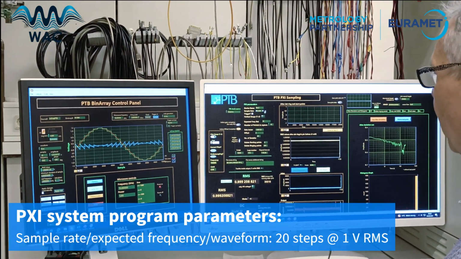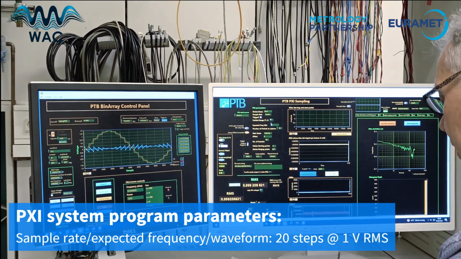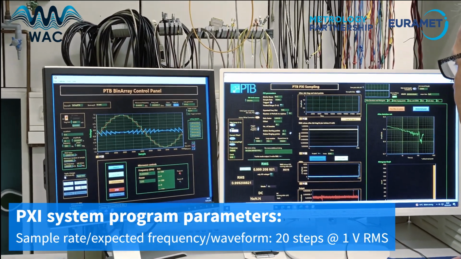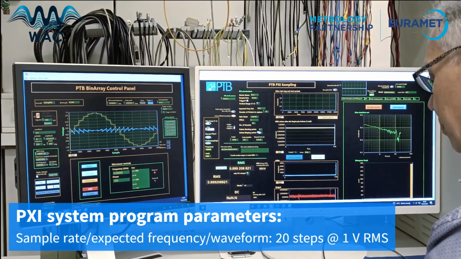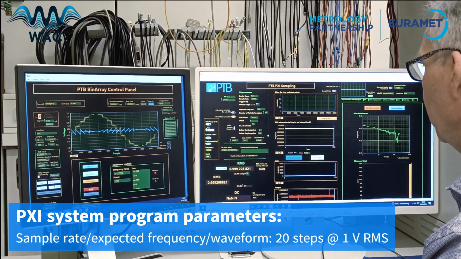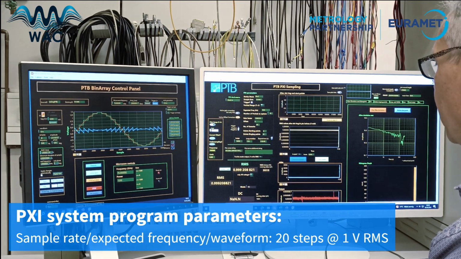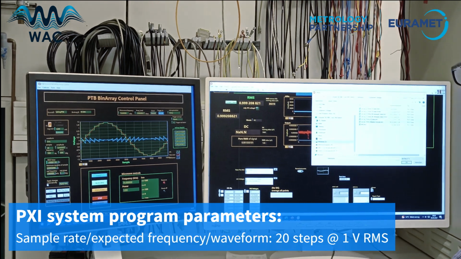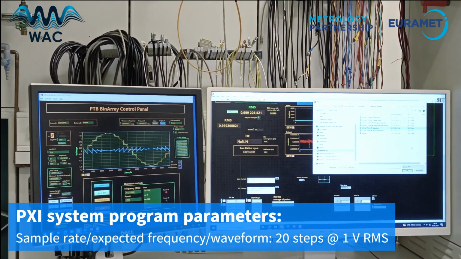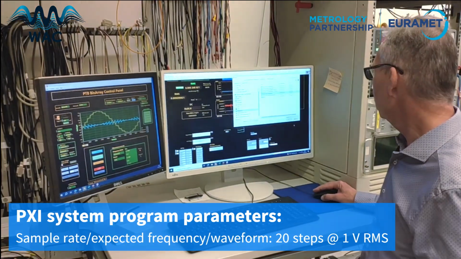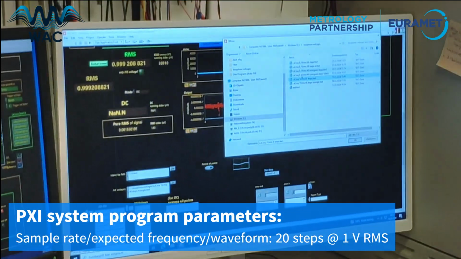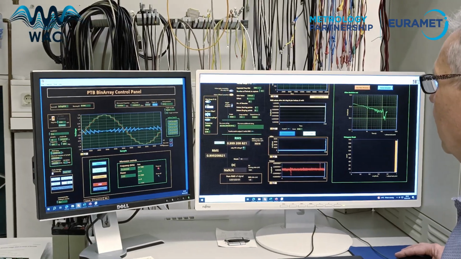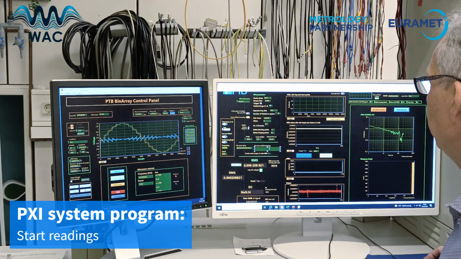I have to give the sample rate and the expected frequency, which I programmed to the PJVS. Then I have to select the proper waveform, because this program has to know what are the Josephson voltage steps we are using now. So I selected 20 steps and 1 volt RMS, and then I can start the reading